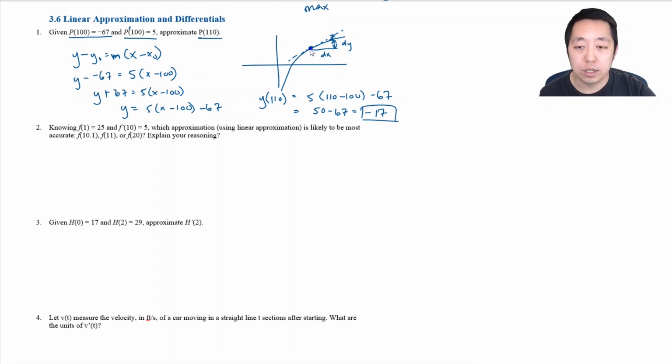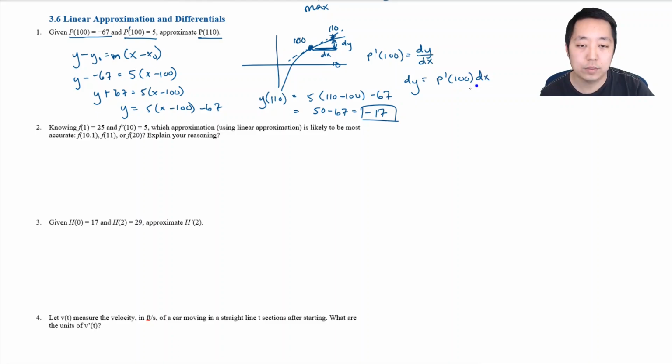Differentials is very similar, but it's just thinking about it a little differently. We're basically saying, okay, we're going from the point 100 to 110. My change in x is 10, okay? What is my change in y equal to? Well, the derivative, f prime of 100, is really equal to dy/dx. It's the slope, right? It's the change in y over the change in x. So my dy, my change in y, would be equal to the derivative at 100